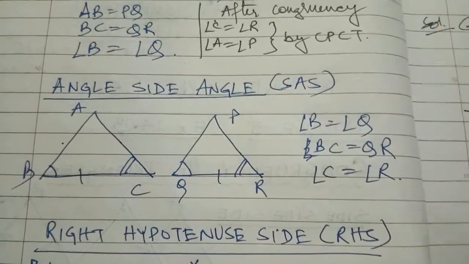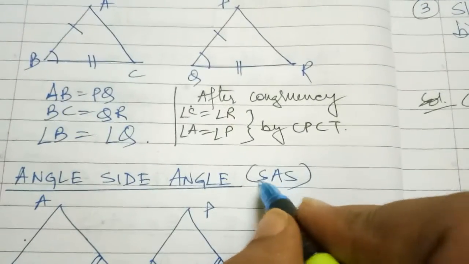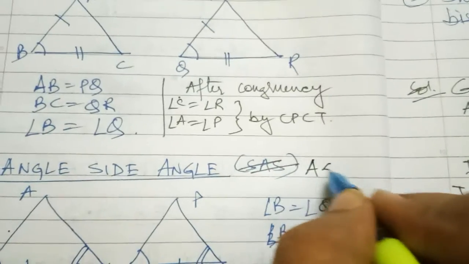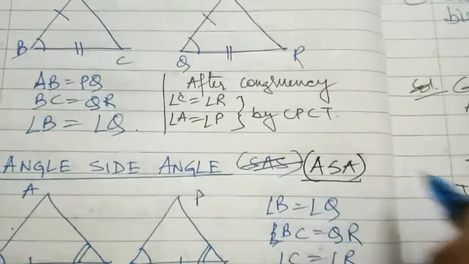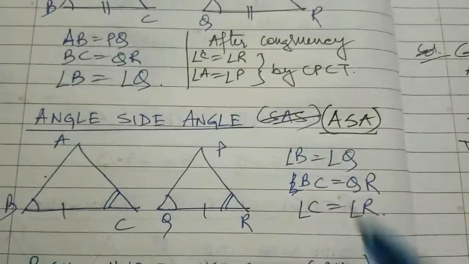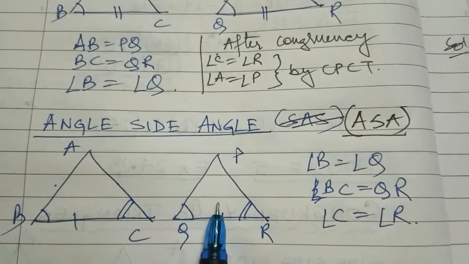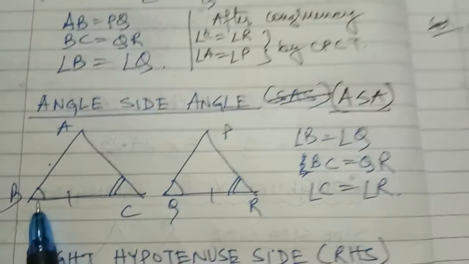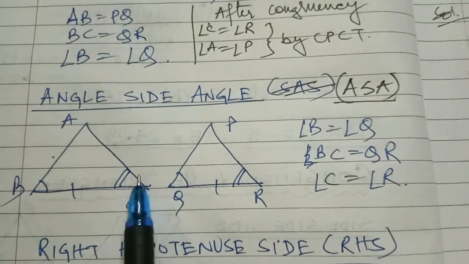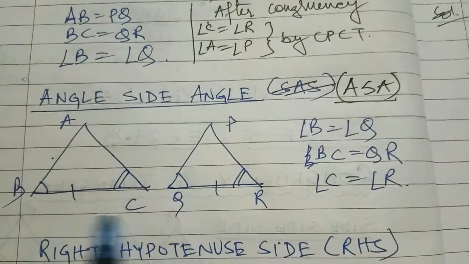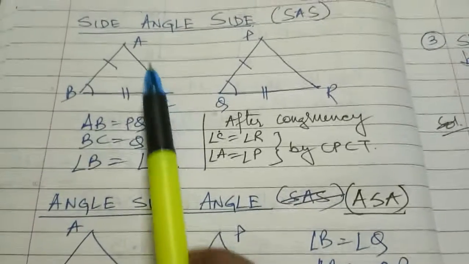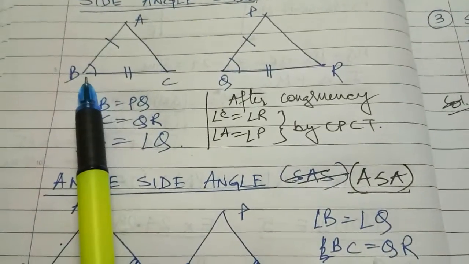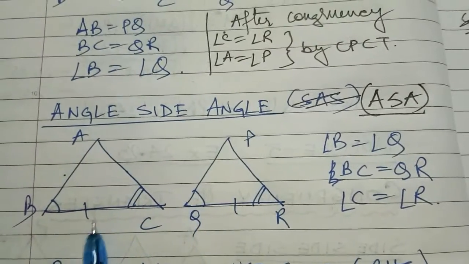Next we are coming to the side angle side rule. Sorry, this will be angle side angle. Okay. Now see, in these two triangles I've drawn the same triangle over here, but here see, this angle and this angle are given equal, and in between the two angles the side will be equal. Before that, what was given? In between two sides one angle was equal. Here in between two angles one side will be equal.